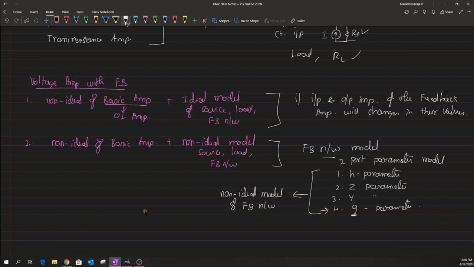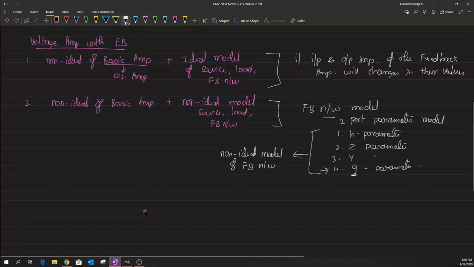Okay, so for today, when we discuss this voltage amplifier, we'll be picking one among those four two-port parameter models. We'll talk about which parameter better suits our voltage mixing, voltage sampling, feedback topology. We'll discuss it, and then choose one among those four,